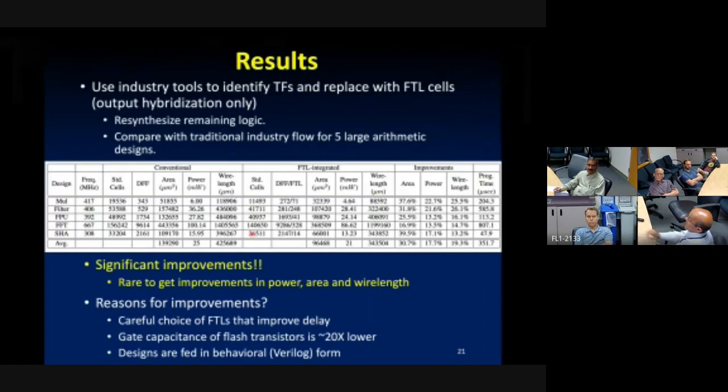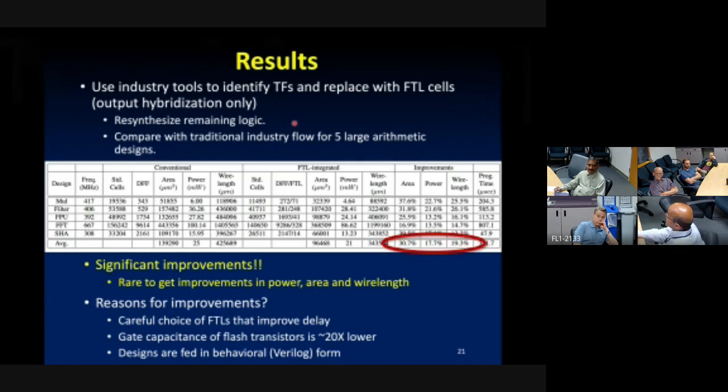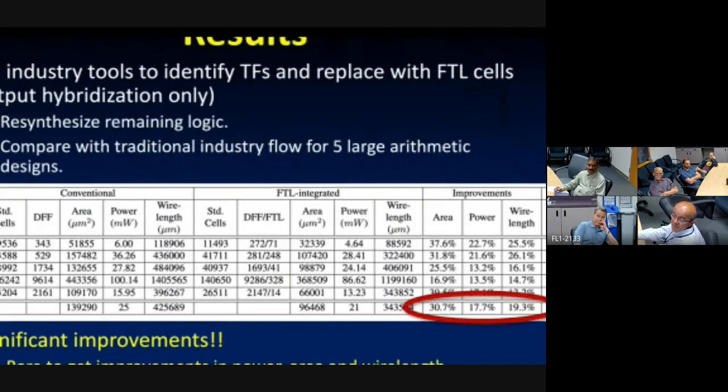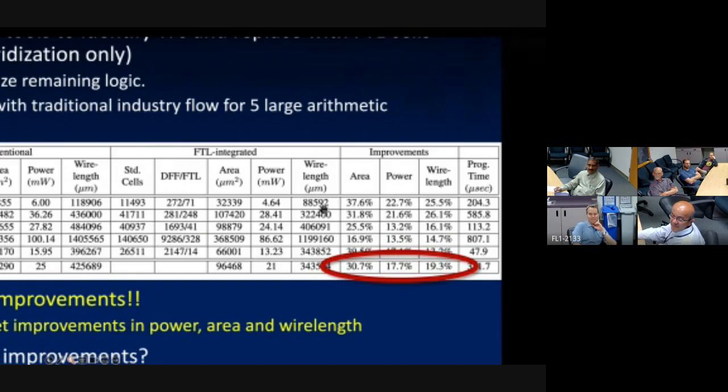Here's the results that we get. Essentially, we used industry tools all the way, identified these threshold functions and replaced them by FTL cells. And then we ask, how well did we do in this new design? So we had the original design, and then we replaced it with FTLs only at the outputs, and asked how much faster or better did we get? And you can see we did pretty good, averaged over 5 really large designs,